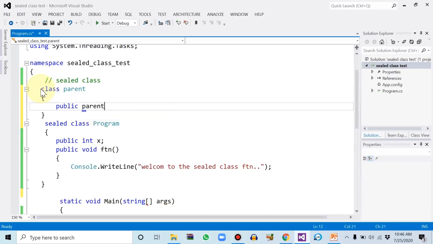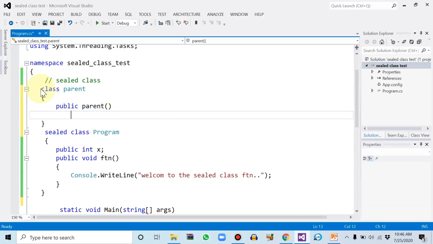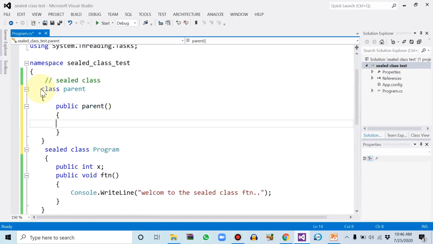So Parent, having no return type, and just print a simple message, Console.WriteLine, just to show you that we can use the sealed class as a child class. So welcome to the parent class constructor function,